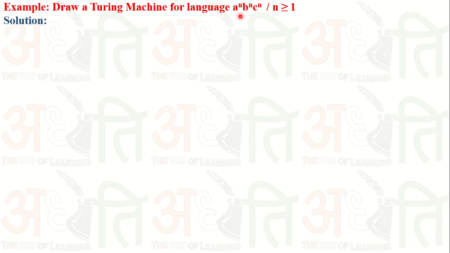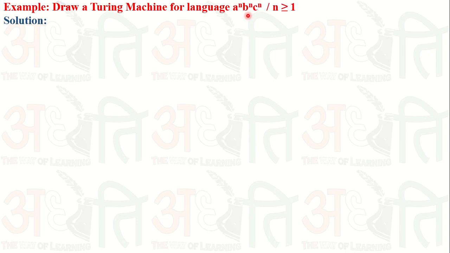So we know that this language is not a finite automata language. This language is also not a context-free language. So it is not implemented by using the push-down automata or finite automata, but it is implemented by using the Turing machine. It is a linear bounded automata, we can say. So it is a recursively enumerable language, acceptable by the Turing machine. How can we do it?